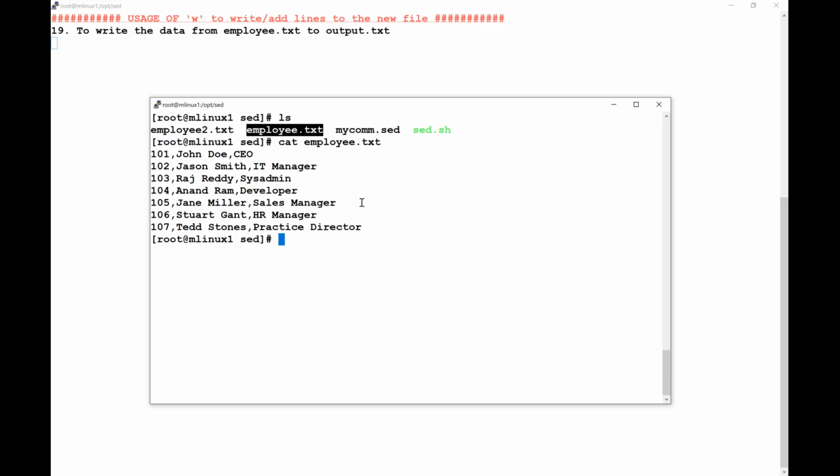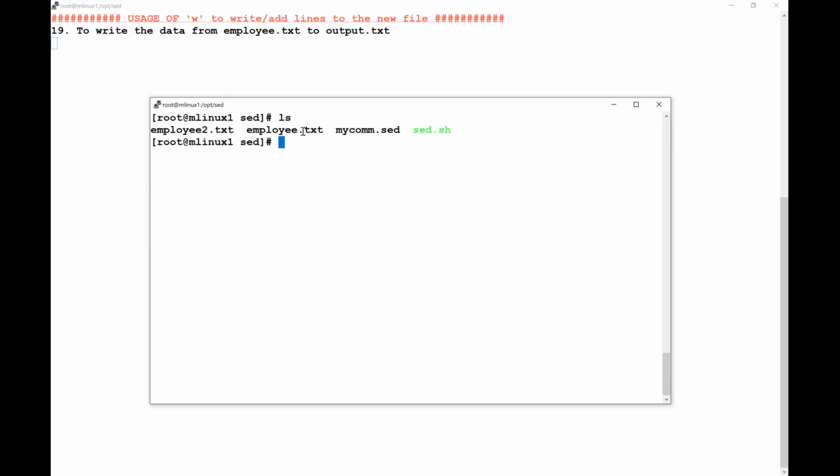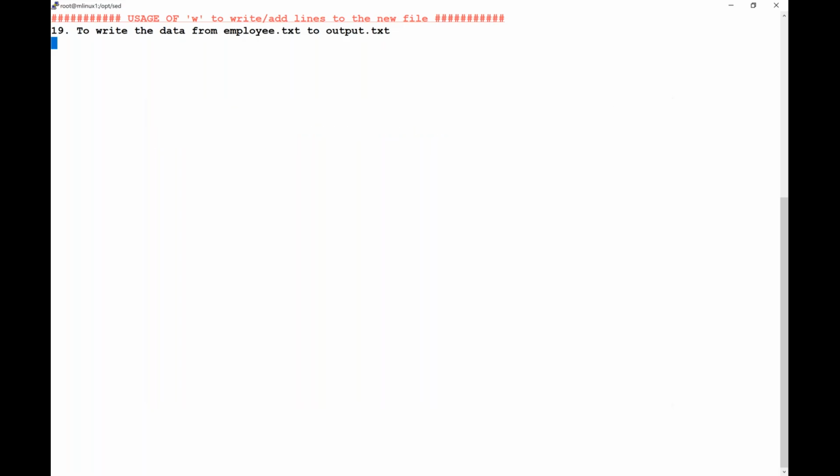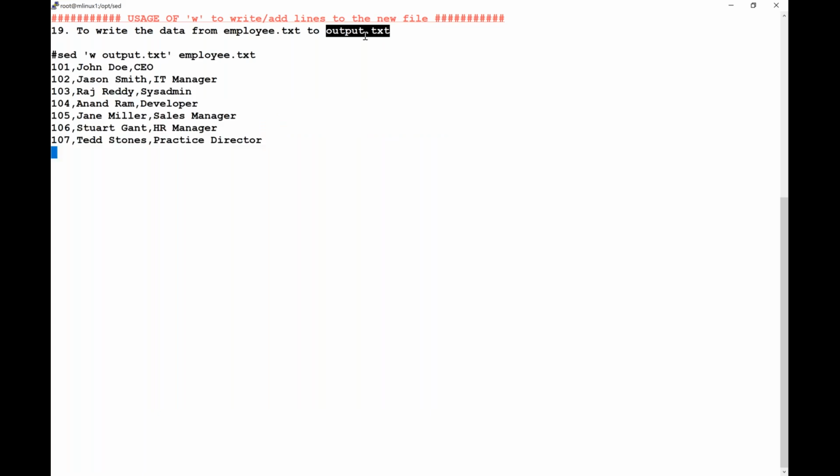So you see in my current location in the sed folder, there is no file with the name output.txt. But when I ask sed command to write the whole file with a new name, then you see how it captures the data from the other file and creates a new file or overwrites an existing file. Overwriting can also be done, so be careful that whatever name you are using is not used already. So you see, I'll use this command. I'll say sed write the data in a file output.txt. So in the current folder,